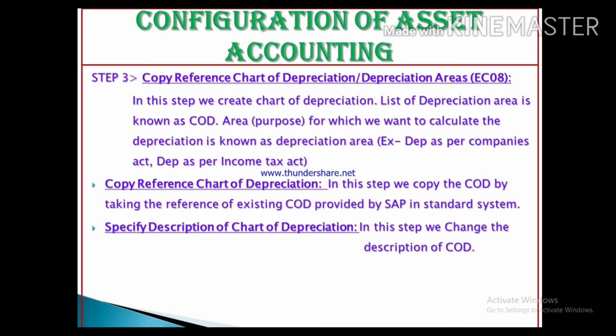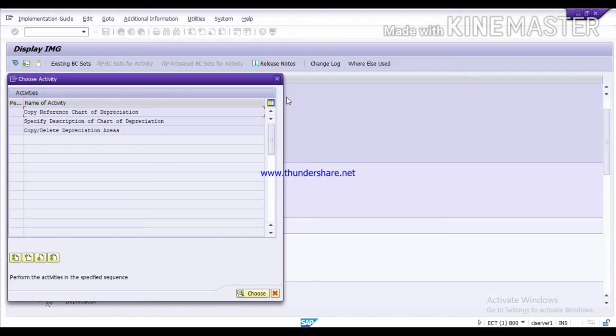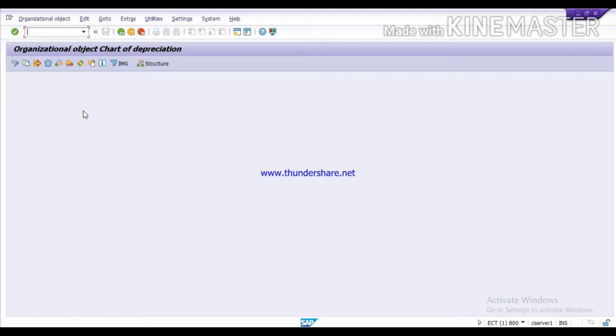Now go back to the SAP screen and first we will copy reference chart of depreciation. Double click on it. Now click on copy.